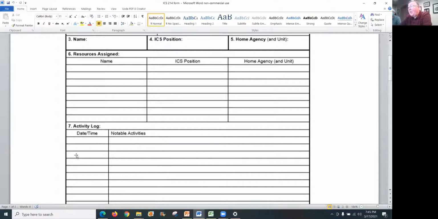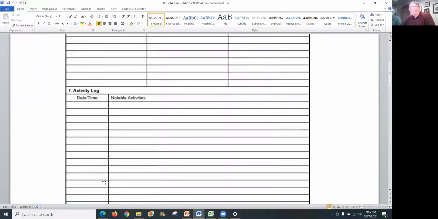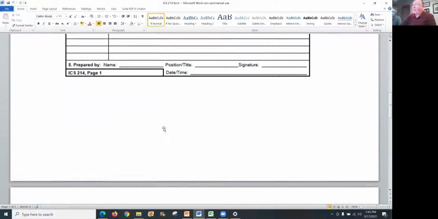Third line, got assignment to do whatever. And that's what I would start doing. But sometimes you might have 10 or 15 things going, people reporting in, and you assigning them somewhere, and you can just date and time it and put a name and where you assign them real quick. I like this form. You can do a lot with it.